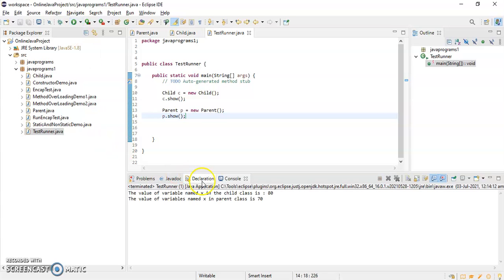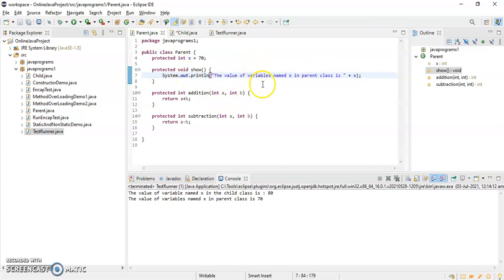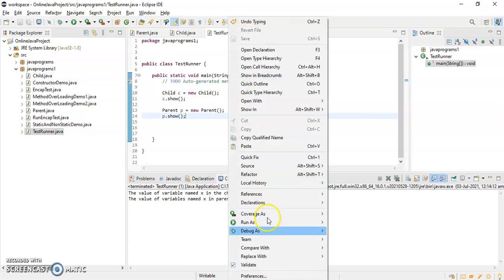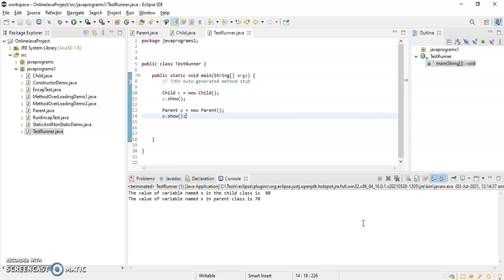The value of variable named x in parent class is 70. Let me correct this one, the value of variable named x in parent class. Let me run it once again from the test runner, run as Java application.